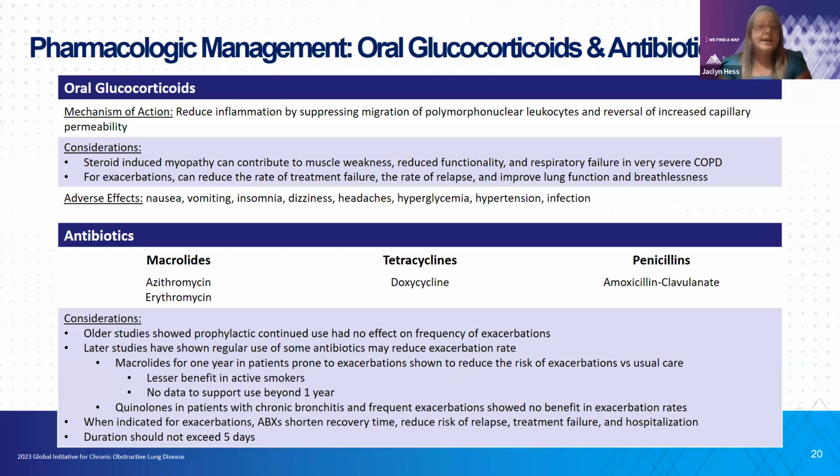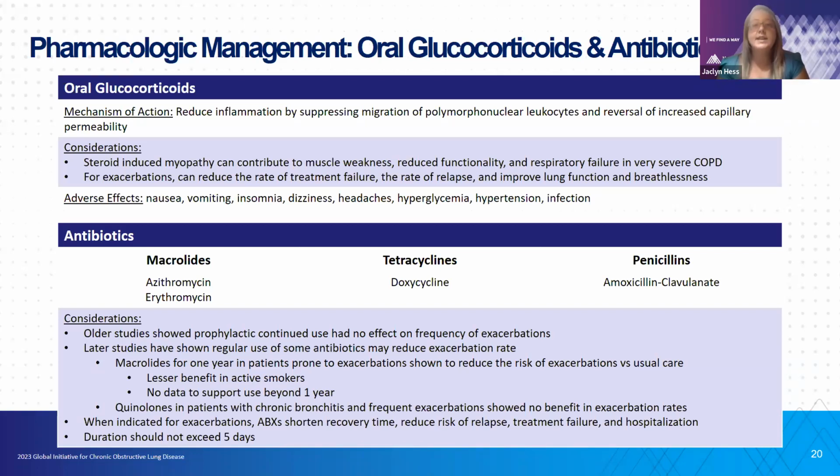As for our antibiotics, there are multiple classes that can be used. So we typically see our macrolides, tetracyclines, and penicillins. Some of the older studies showed that prophylactic antibiotics had no effect on the frequency of exacerbations, whereas later studies have showed regular use of certain antibiotics can be used to help reduce exacerbation rates. And a lot of that evidence supports the macrolides. So for patients who are more prone to exacerbations,